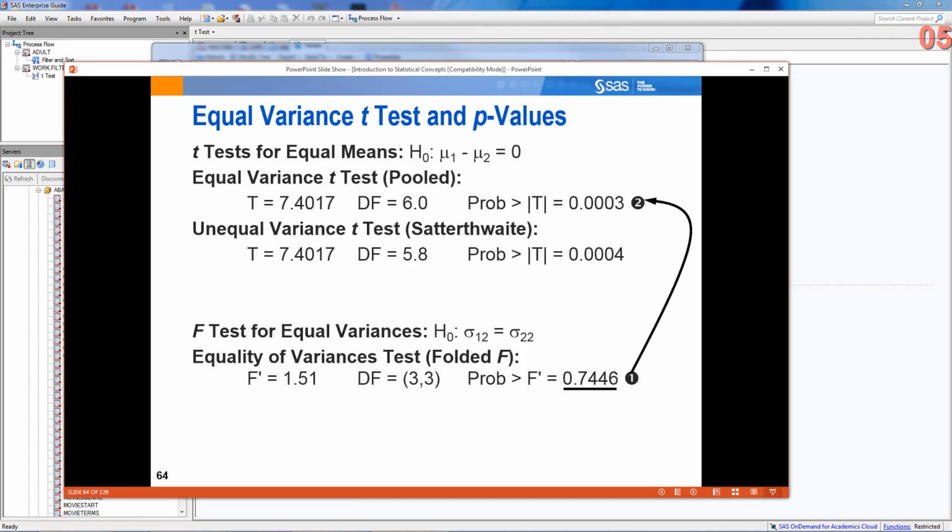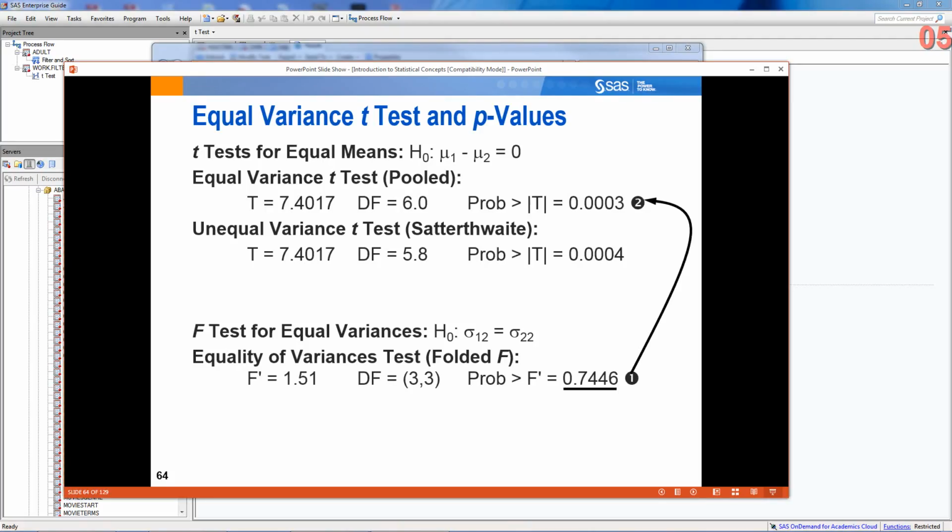So we would reject the null hypothesis that mu1 minus mu2 equals 0. And by rejecting the null hypothesis, we find support for the alternative hypothesis that mu1 minus mu2 is not equal to 0. In other words, the means of test scores of boys versus girls